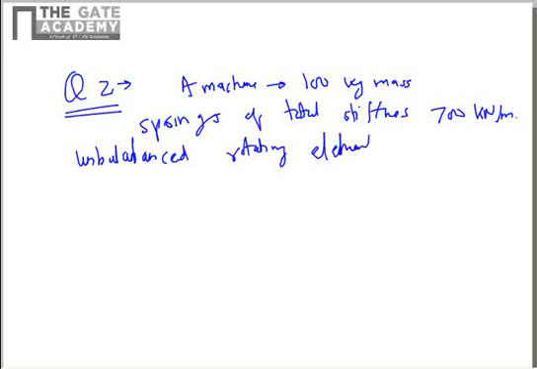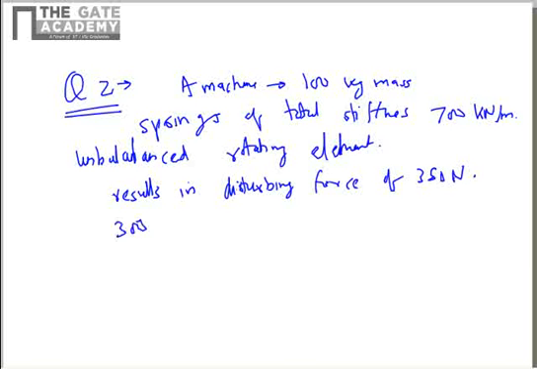The unbalanced element results in a disturbing force of 350 Newton, and the unbalanced rotating mass rotates at a speed of 3000 rpm. In the earlier example there was no damping. Here, assuming a damping factor of 0.2, we have to determine